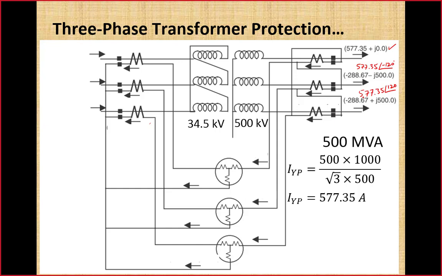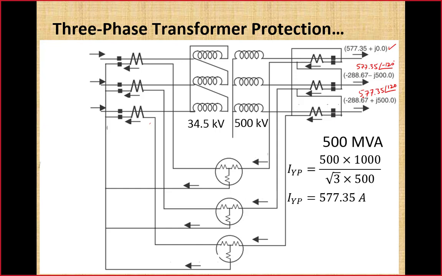Because when this question is asked in the exam, you will be asked to properly label the diagram. In that condition, you will have to mention the current and their phase angle in all the three phases. In order to save time, just calculate the magnitude and then assign proper angles to the currents. So here in phase A we have current with angle 0, in phase B current with angle minus 120, in phase C current with angle 120 degree.